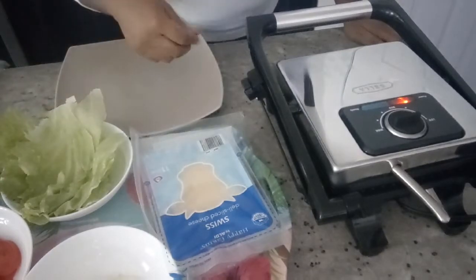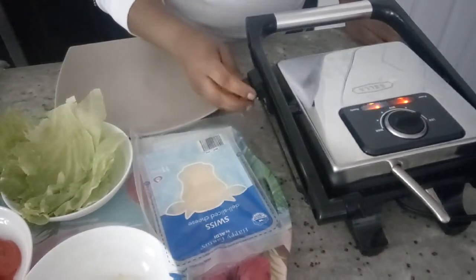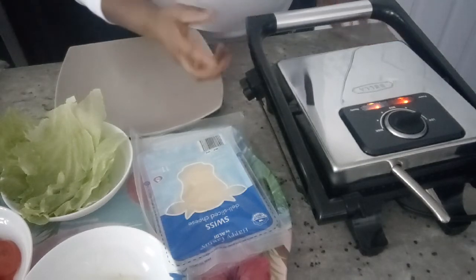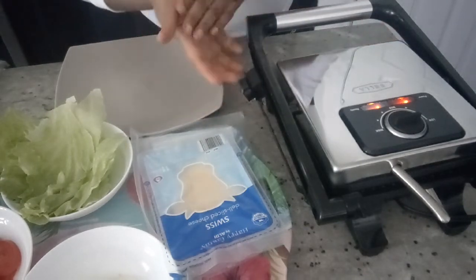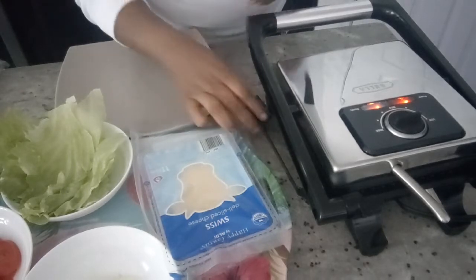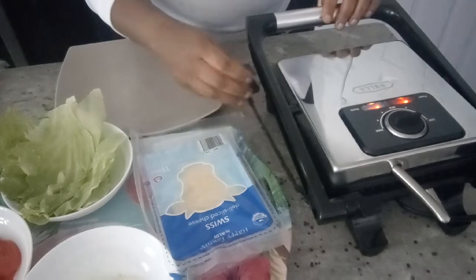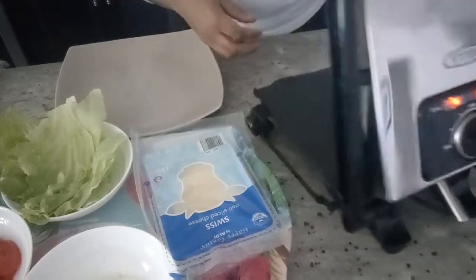So guys, let's check it now. Okay, I forgot to tell you the function of this is to hold the panini press, depending on how big the size of the bread is. So this helps you to hold the cover down. Okay, so we open it up like so,